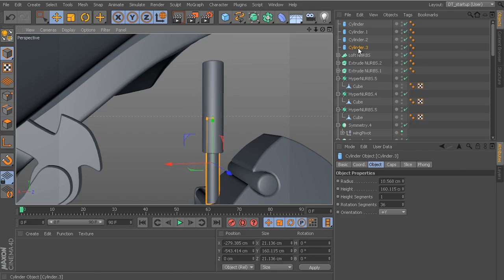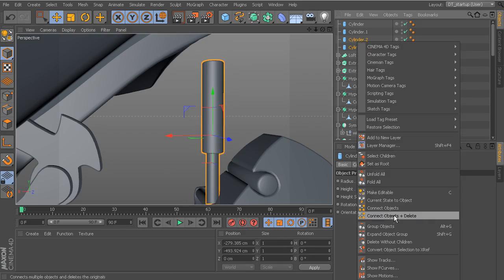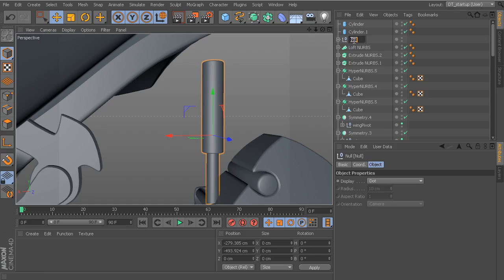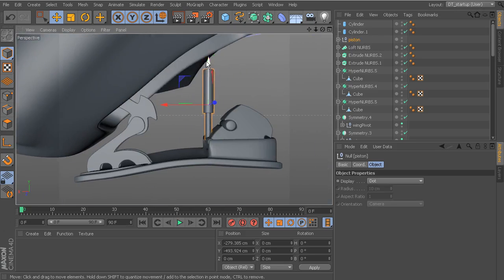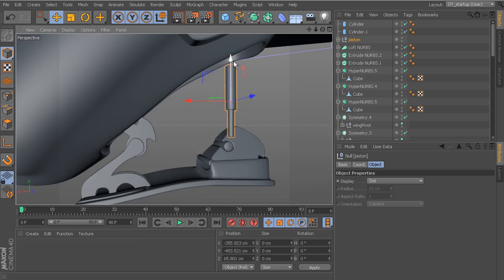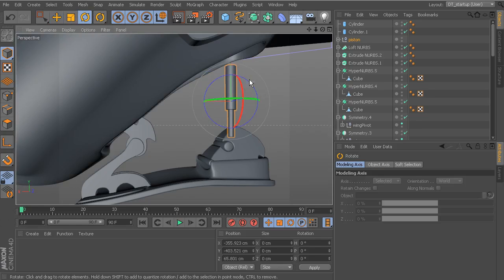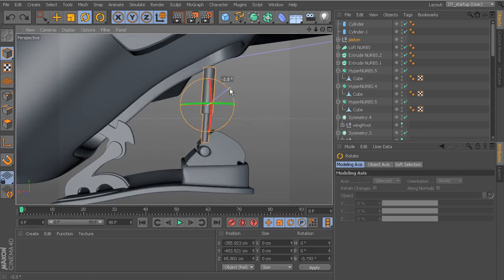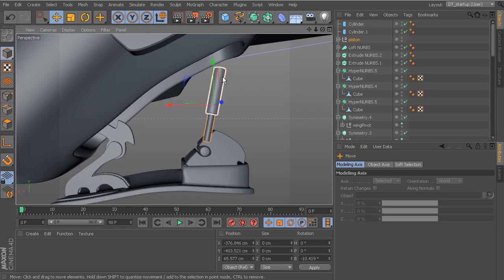Okay, and let's go ahead and take both of these, group them together, and we'll just call this piston. And then let's move it up into position here on the side. And we'll kind of rotate it a little bit in the Z. Not too much. Okay. Now let's go ahead